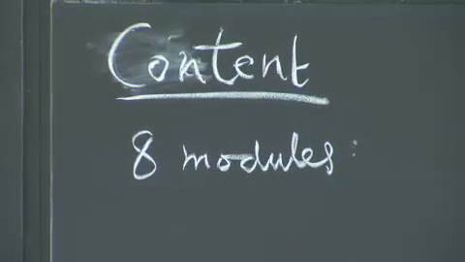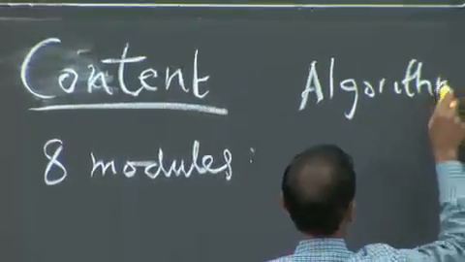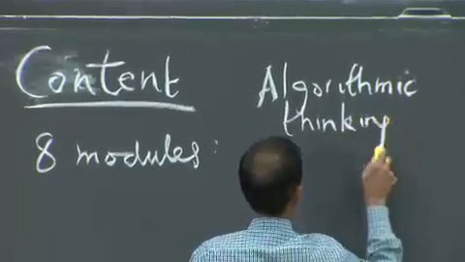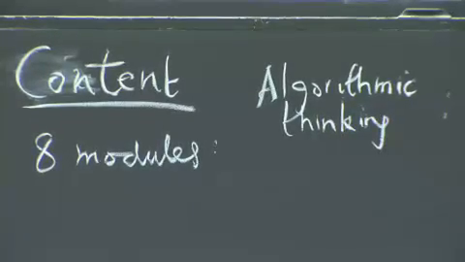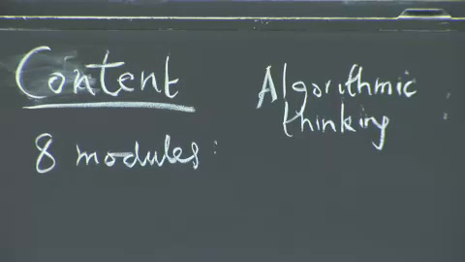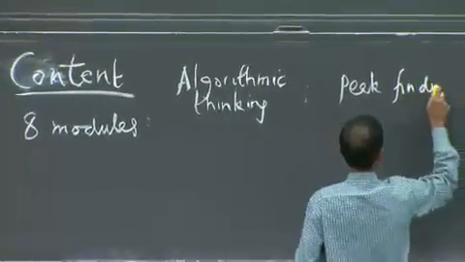The first of these is what we call algorithmic thinking. And we'll kickstart that one today. We'll look at a particular problem, as I mentioned, of peak finding. And as part of this, you're going to have a problem set that's going to go out today as well. And you'll find that in this problem set,